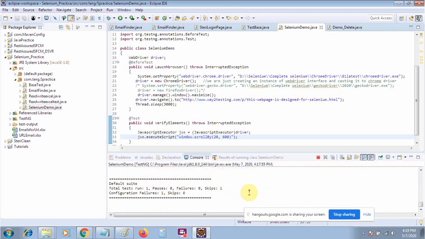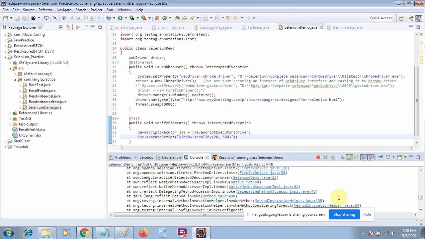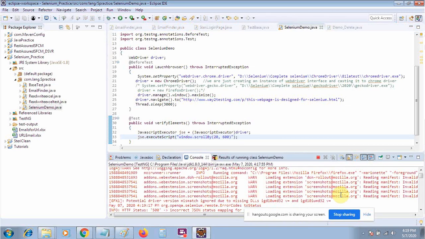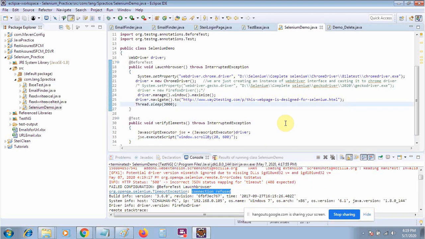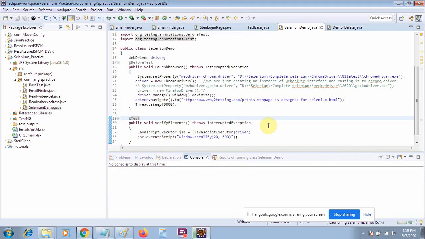The issue is a timeout exception, I think, because it has taken a load connection dispute. This kind of error has appeared. Don't worry, I will use the Chrome driver this time to sort out this issue. Sometimes you will get such issues in Firefox.